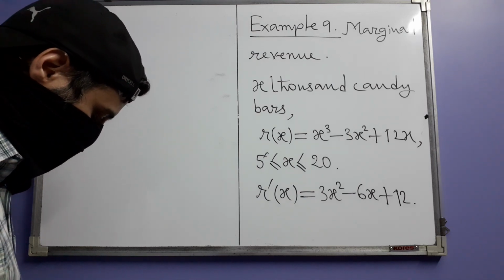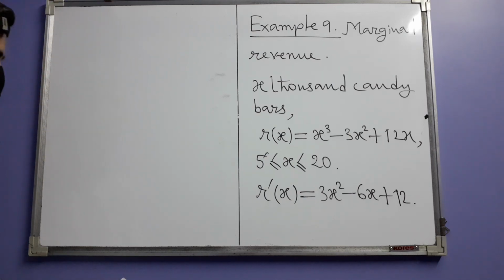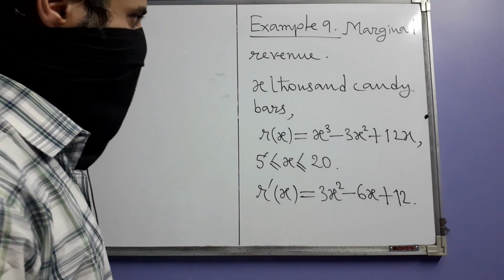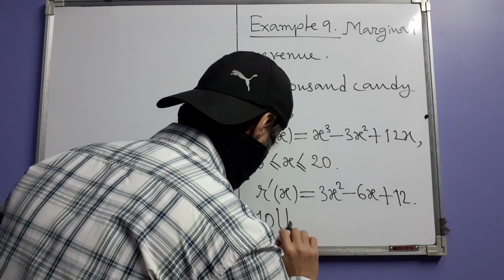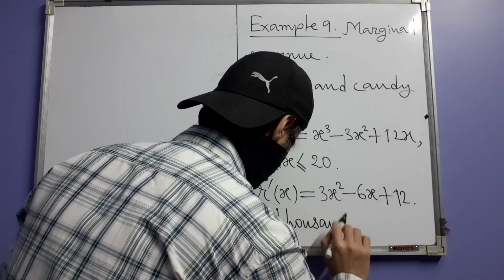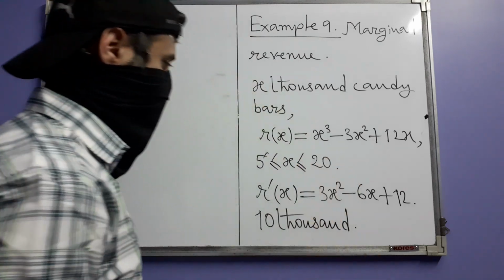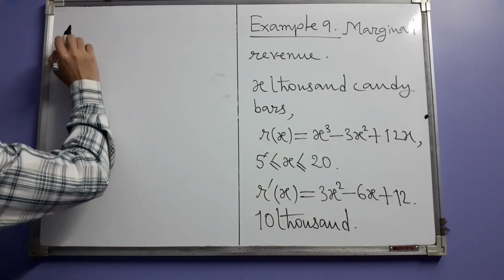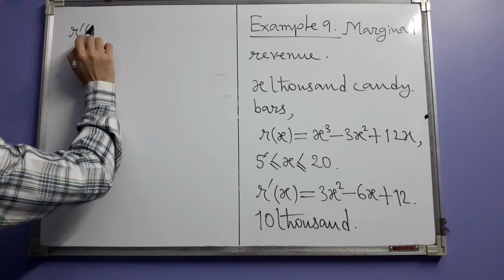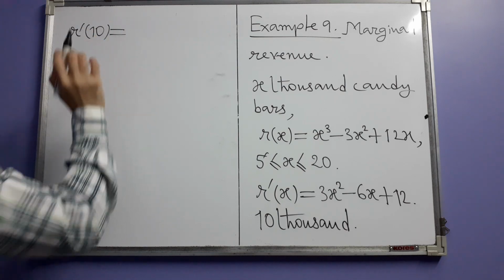For example, if you are currently selling 10,000 candy bars, then your marginal revenue at that level of sale will be